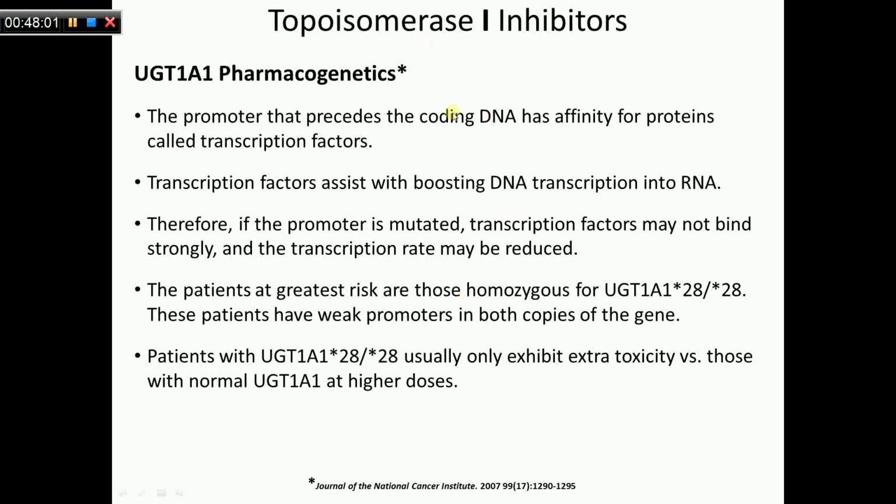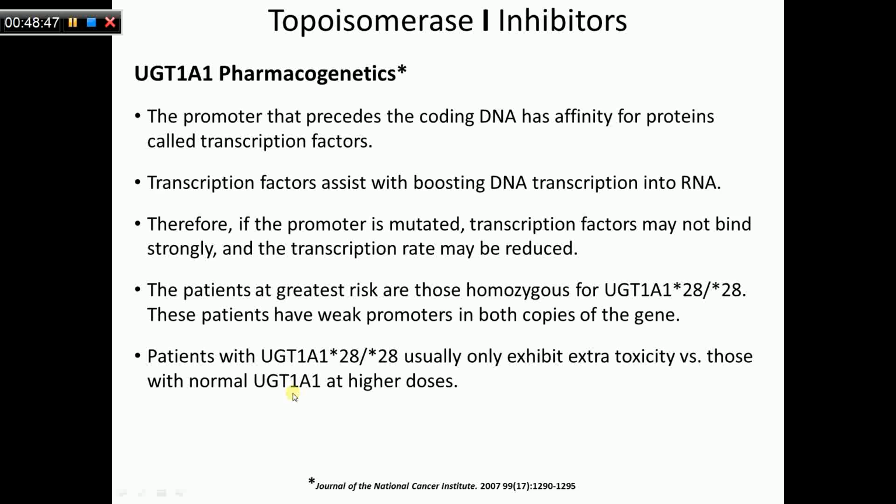Okay. And there's a little bit more detail on there if you'd like to read that. I mentioned in class you don't have to memorize the specific number for this mutation, but just realize the patients at greatest risk have a mutation in both alleles. So both promoters of UGT1A1 on the chromosome can be mutated to this asterisk 28 form. And these patients have weak promoters in both copies. Patients with this dual mutation, believe it or not, even though they're producing less UGT1A1, we don't usually see toxicity or extra toxicity unless they're in the higher